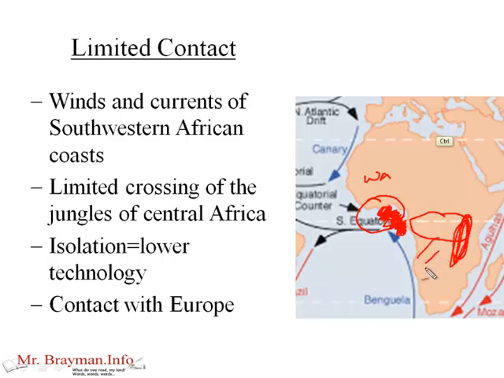So this whole Southern African region was much more cut off and isolated than the other parts of Africa at this time period. And that isolation led to lower technology. Humans don't develop technology on their own. They're constantly trading ideas and developments. And so the people who are in a position to learn from 2 or 3 different groups, people like the Indians, the Arabs, and the Europeans, who are in constant contact with 2 or 3 other groups, their technology advances much faster than an area like Southern Africa where the people are cut off.